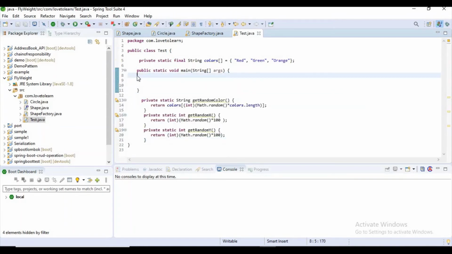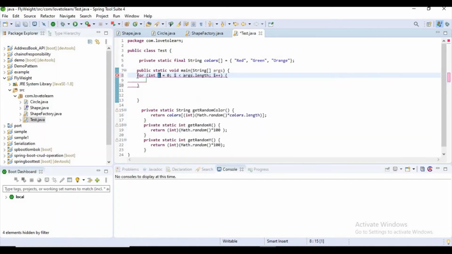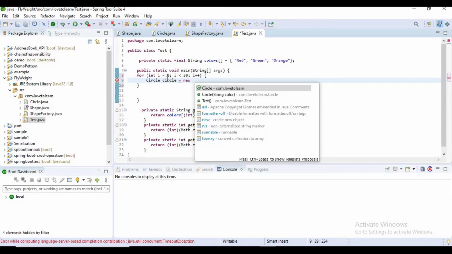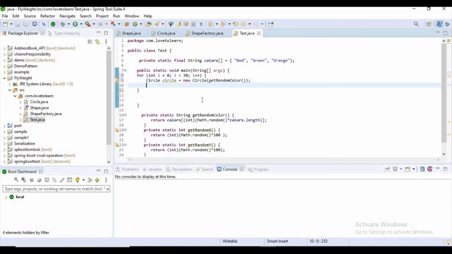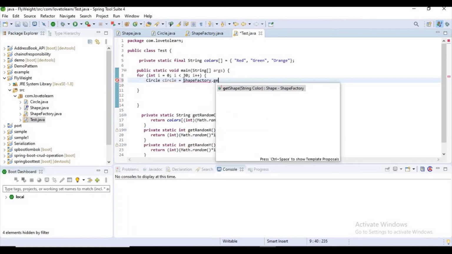Now I want to create a for loop here, i less than 20, or I want to take 30. I want to create a circle of some random color, means I want to get some random color, guys. But I want to create it from my shape factory class: shapeFactory.getShape of